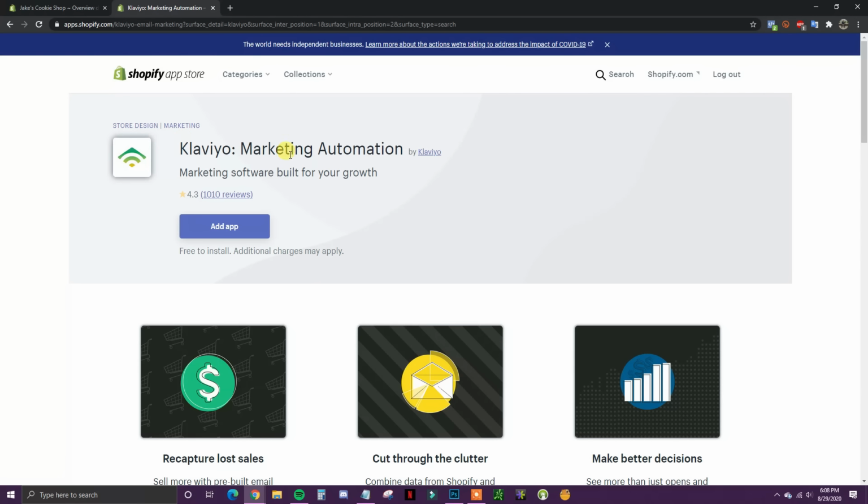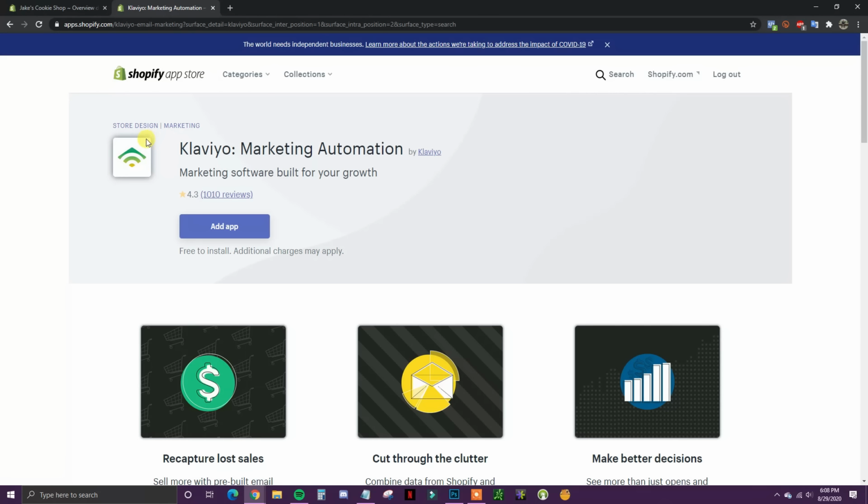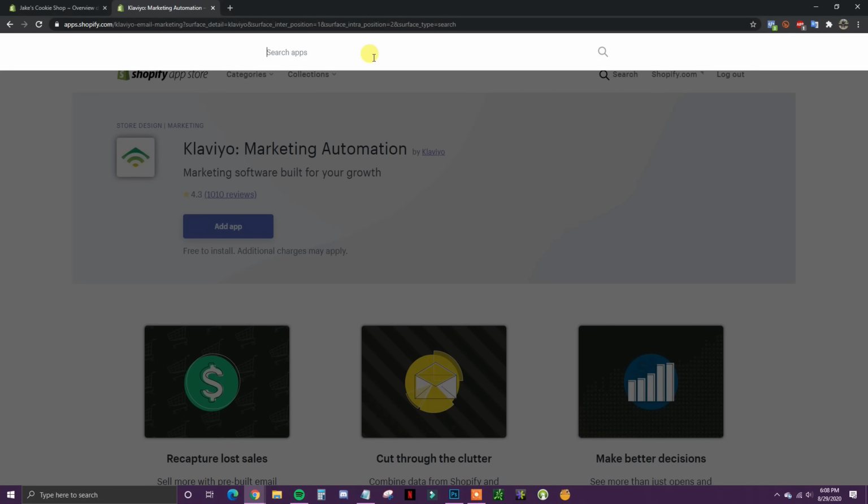So you can use any email marketing app you want. I would recommend that, the point is you definitely just need an email marketing app. However, I personally prefer Klaviyo, but you can use whatever you want. The next app would be